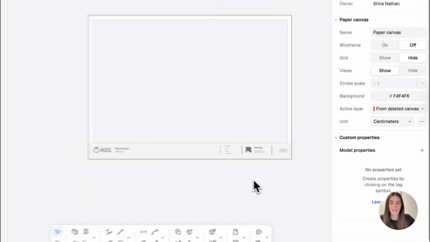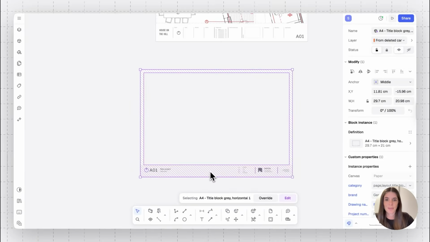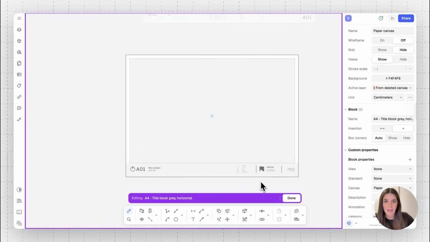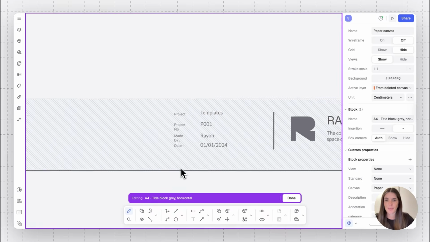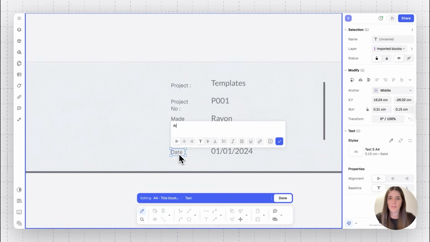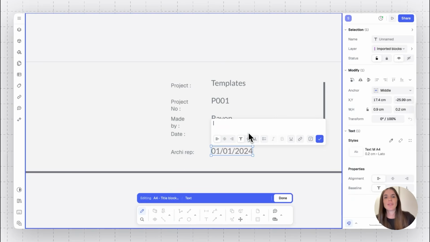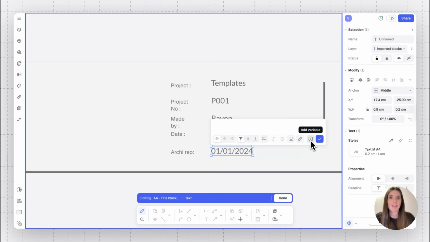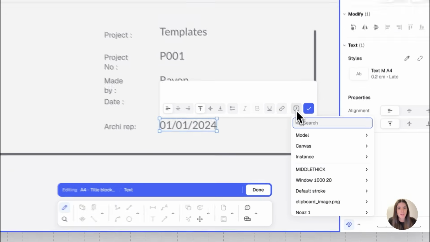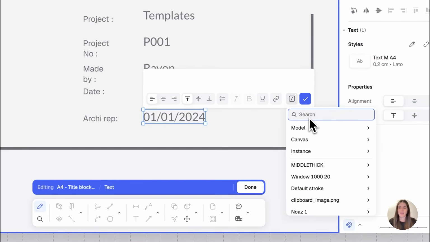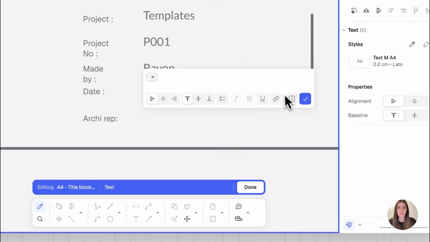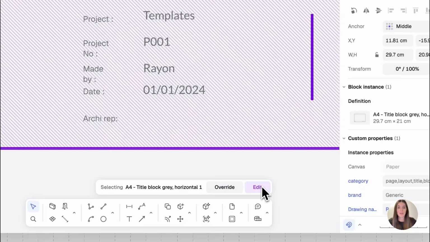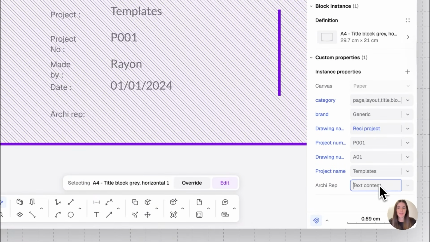Now we can click on our title block to edit it. So we're going to go to Edit, and let's add a text input for rep. Now here, instead of just being raw text, I want it to be a variable. The variable will actually summon the custom prop I just created. So I'm going to click on Add Variable, and then let's click on Archie Rep. There you go. It's now empty because my value is empty. So let's fill in a name, and let's say that Sean is the rep,